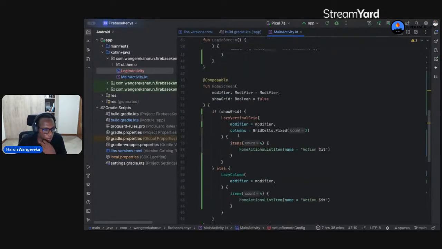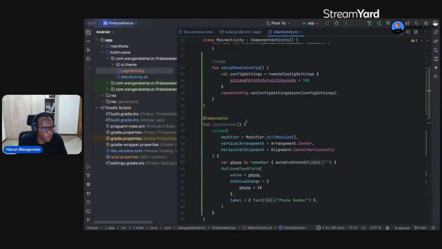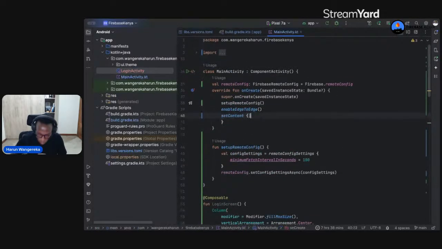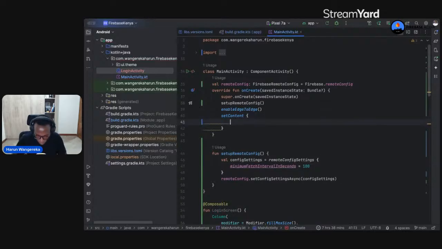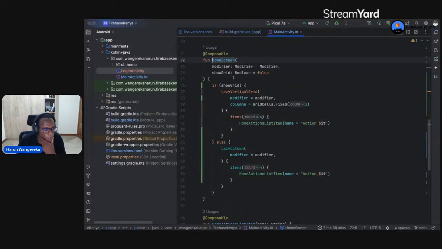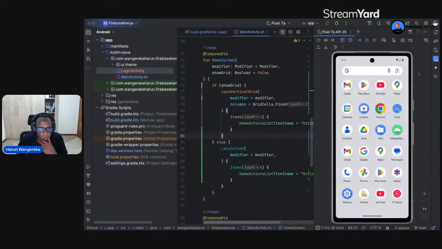And then the example I was showing here, we have this home screen. So if I run it again, I'll just re-enable it here. If you go to this home screen code, we have the show grid here. When it's true, we show a lazy vertical grid. This means that you'll have items in columns. And if it's false, you just show a list item. And if you run the app again, as it's running,